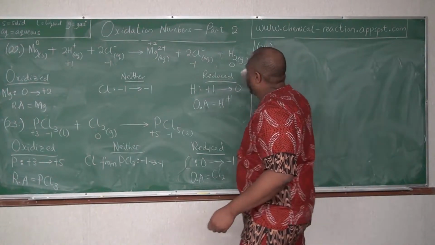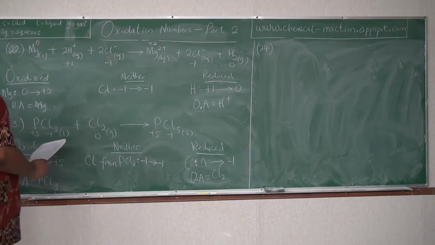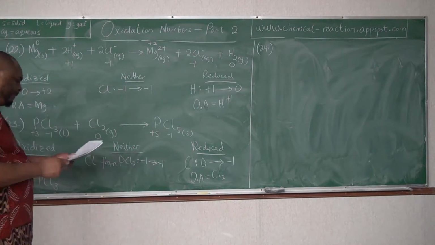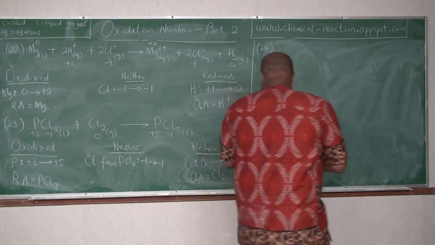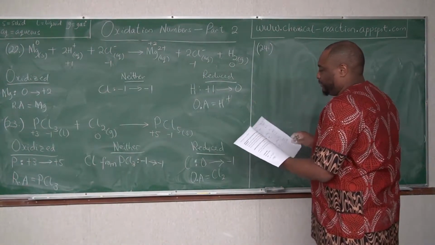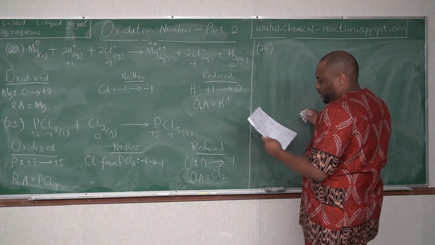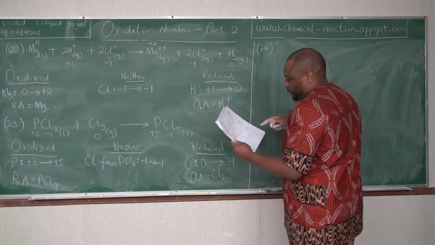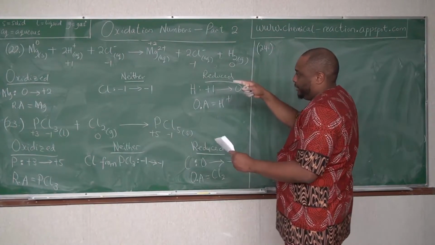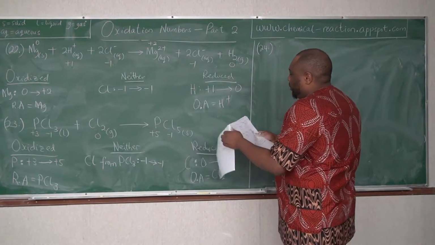Question 24. We have 24, 25, 26, 27. Okay, we have here 3 moles of solid copper. This one is too long, so we'll do it here. We'll do this one here. So let's look at